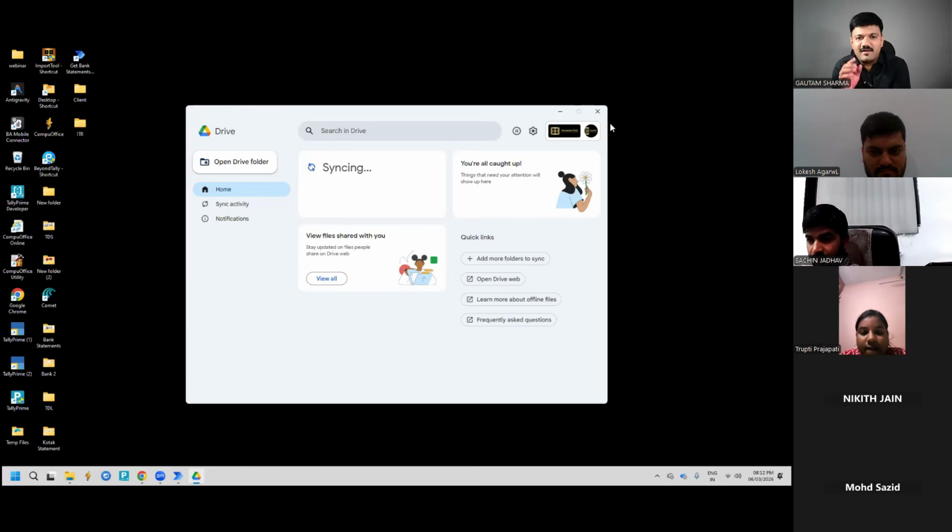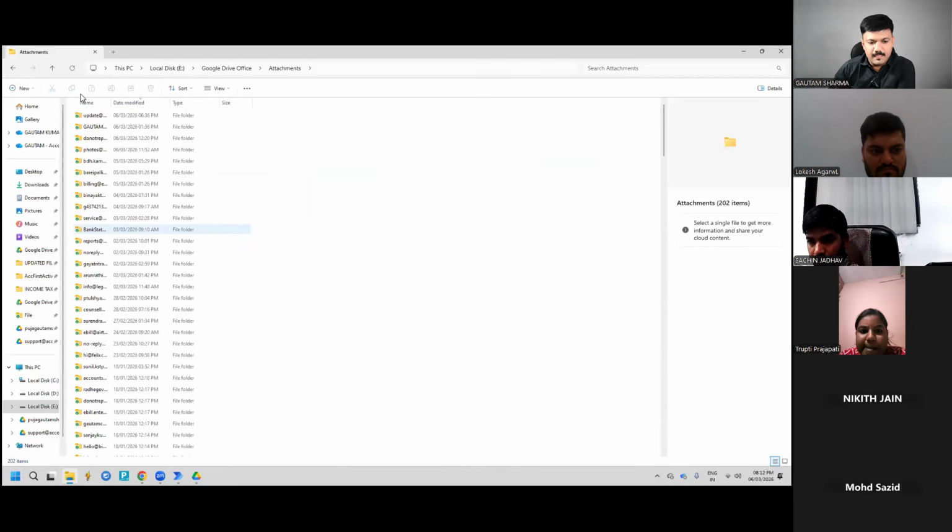So yesterday I asked in my WhatsApp channel also about merging or splitting any PDF. What do you prefer? Most of them replied with I Love PDF. Some of them told PDF24 or something. Someone told Nitro PDF, like that. And now I am showing you one folder. Here in this folder you can see I have just clicked on date modified so that I can get the latest folder here, and the first folder is